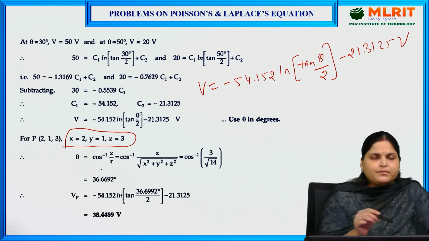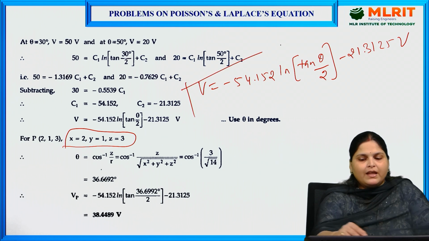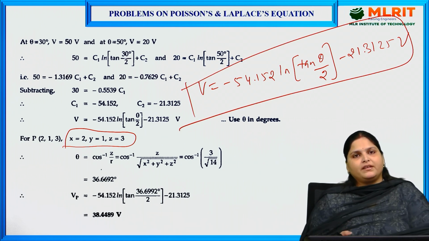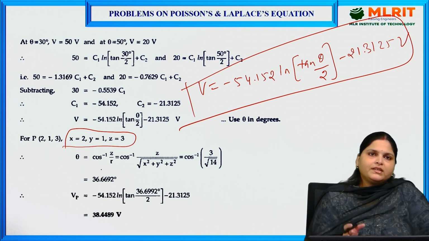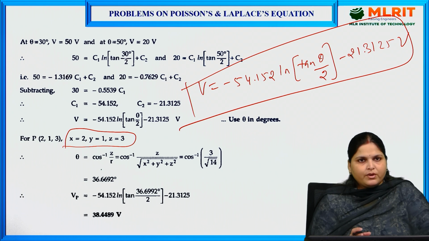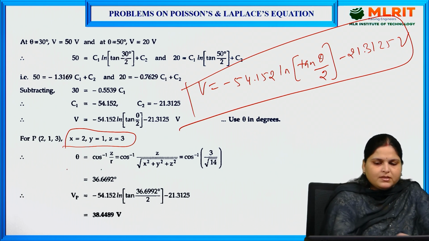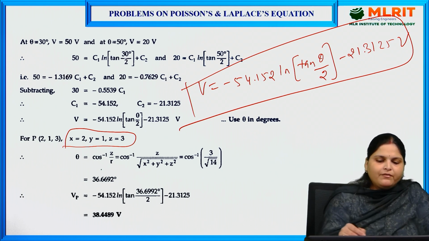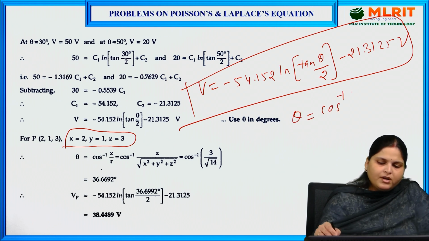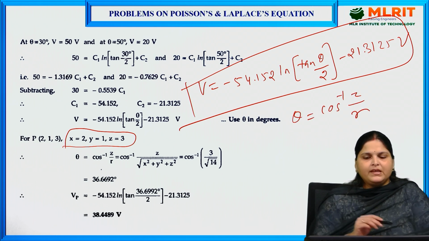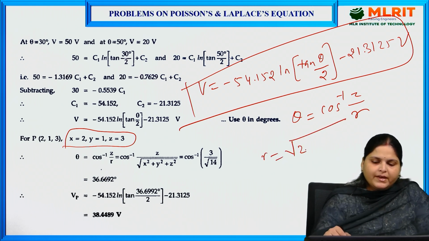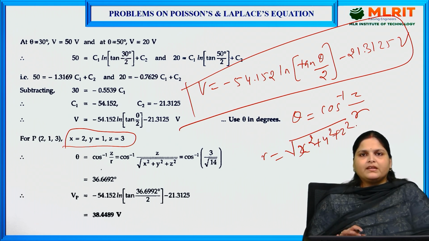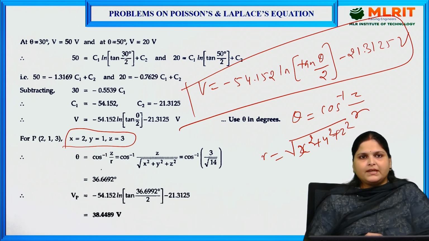use these three coordinates, but the voltage which we have calculated, this potential, is in spherical coordinate system, but the coordinates are given in Cartesian coordinate system. So first we will have to convert these rectangular coordinates into spherical coordinates. To do that, we will use these formulas. We need theta here. So for theta, we have the formula theta is equals to cos inverse z by r. Okay, z is equals to 3. Okay, and r is equals to under root of x square plus y square plus z square.